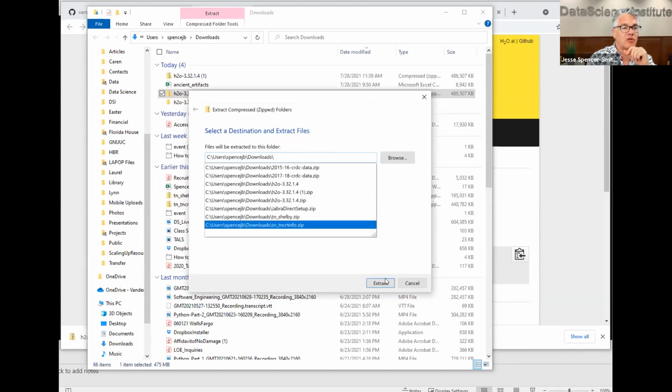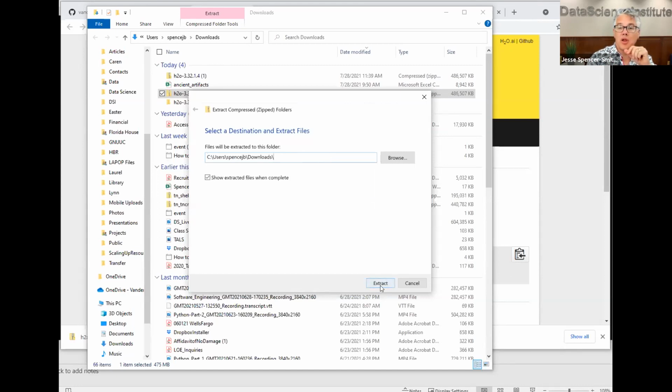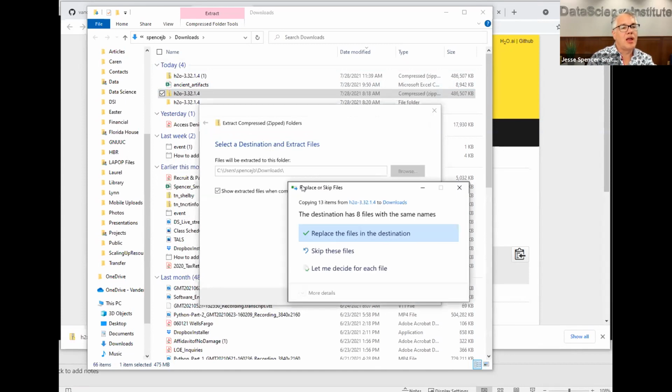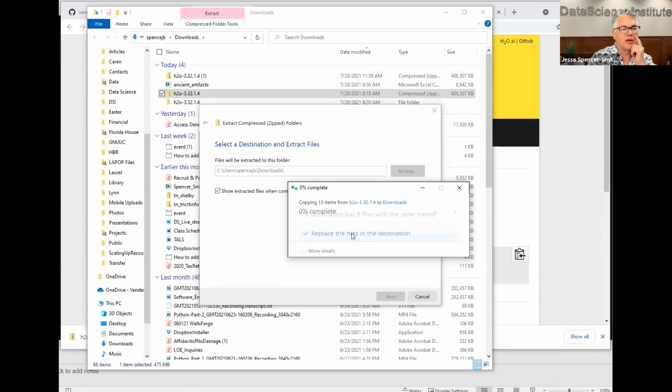Then I'm going to click extract. It's going to throw an error for me because I've already created this. That's okay. You click extract, and it should extract all that for you. Here at the error it says you've already, well, I'll say replace files at destination. It will take a moment to extract.